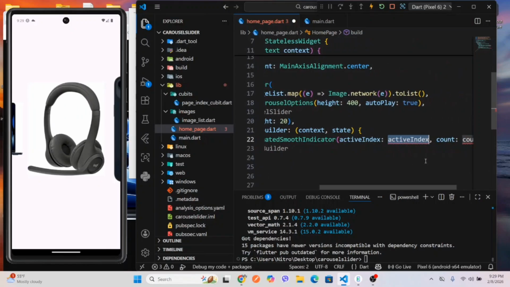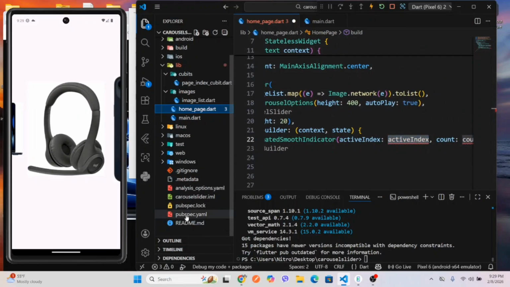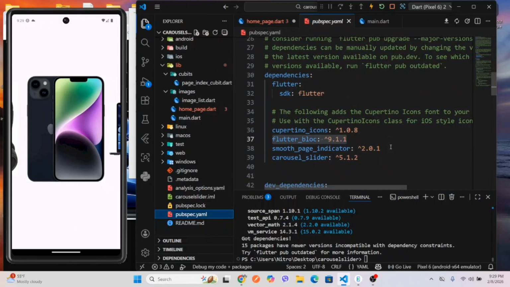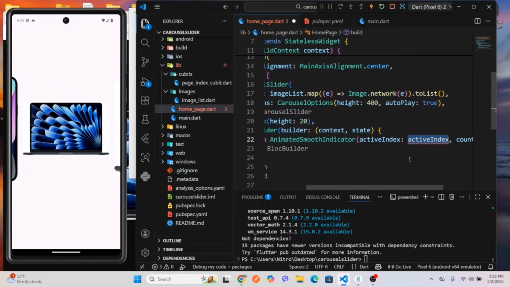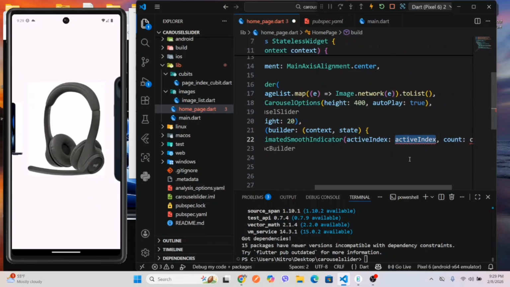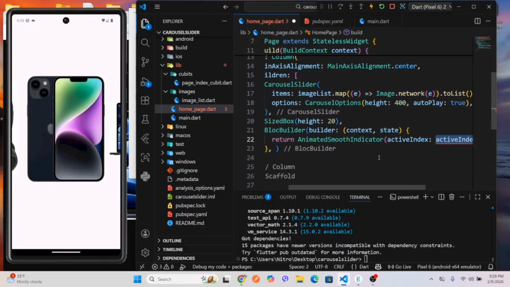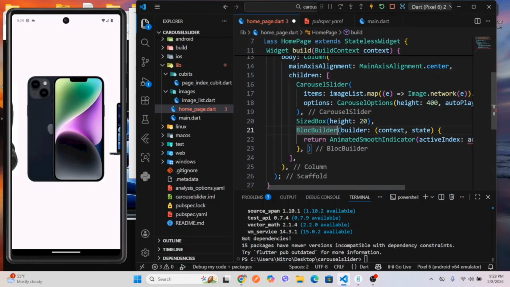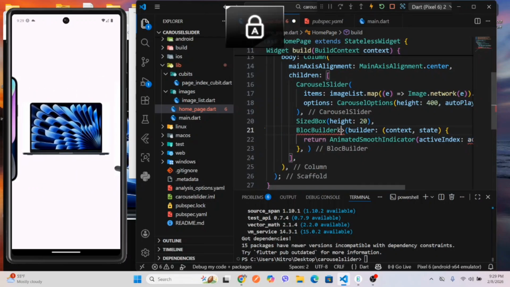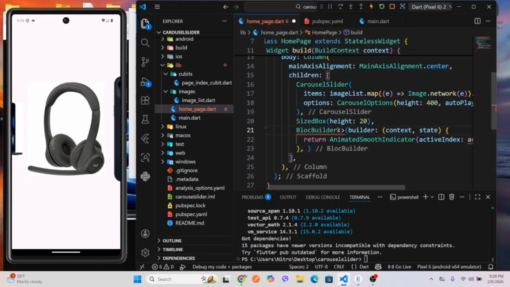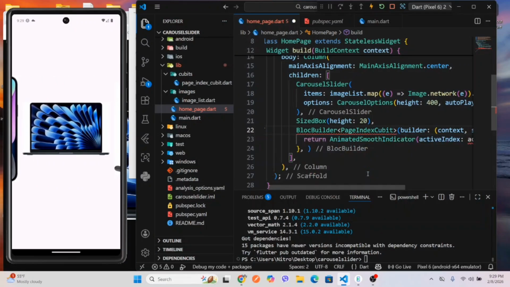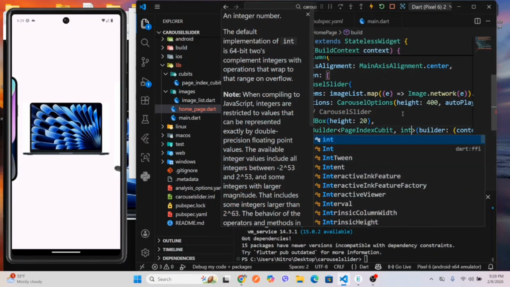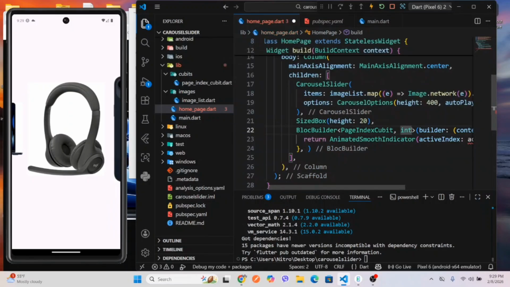This one we have installed this package earlier. I mean we have added this package earlier. This is coming from that package, and you can give the active index from the state. Right here, this one page index. Give the page index cubit here and give the type, it's an integer. Okay, give the state here,